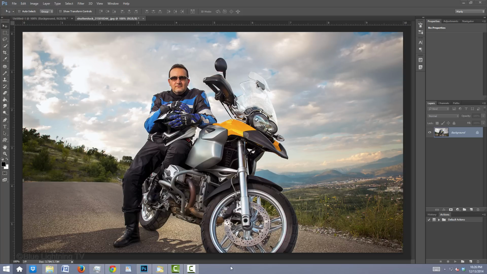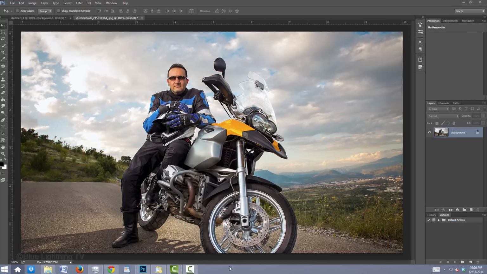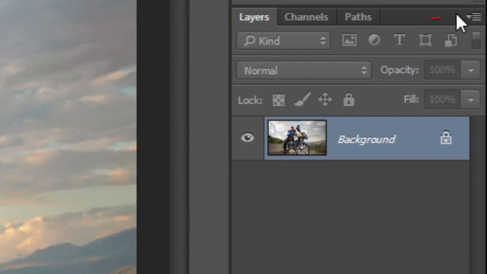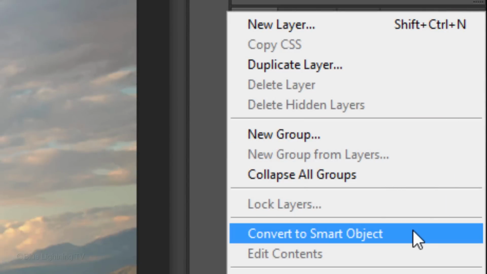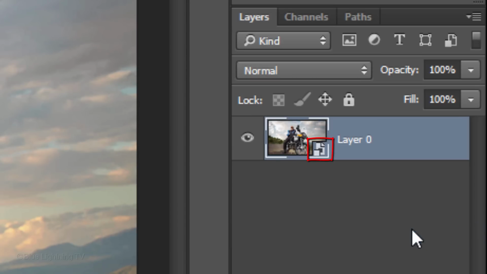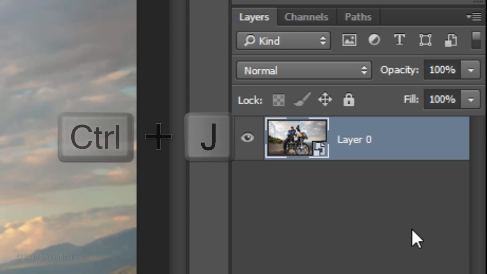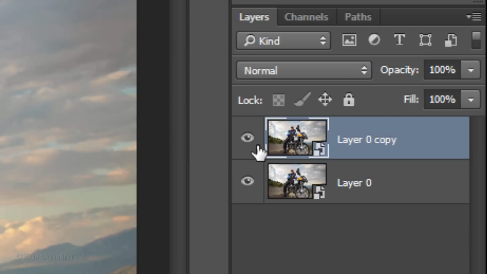The first step is to convert it into a smart object so we can make adjustments to it non-destructively. It'll also allow us to replace the photo with a different one without having to redo all the effects. To do this, click the icon at the upper right of the Layers panel and click Convert to Smart Object. Make a copy of it by pressing Ctrl or Command J. Click off the eyeball next to the copy to hide the layer, and click the thumbnail of the bottom layer